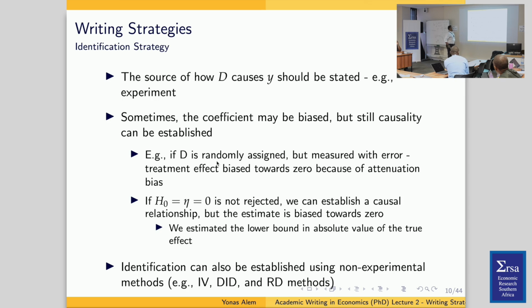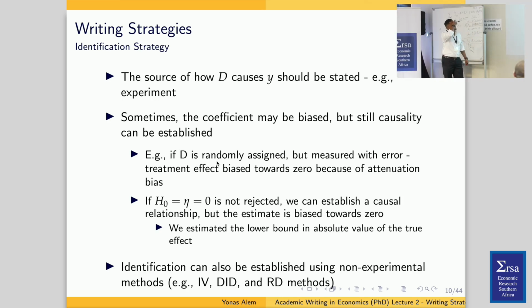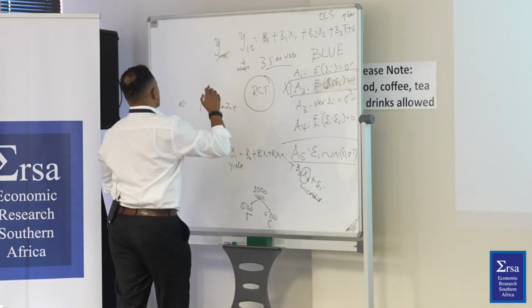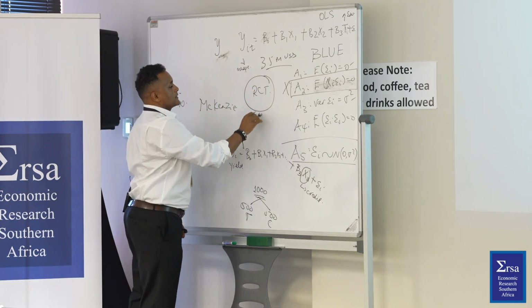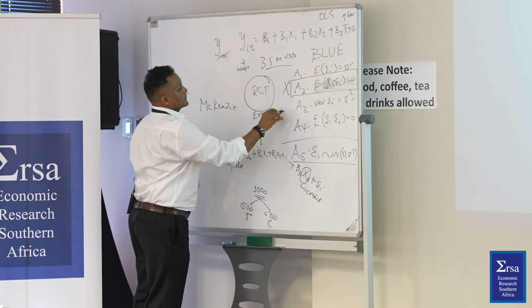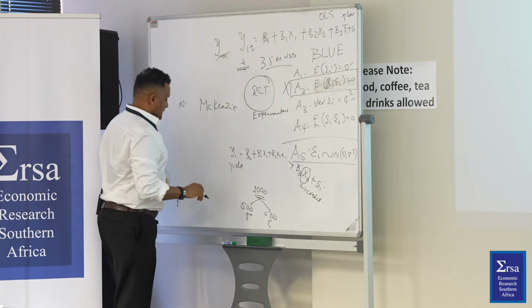Then, the source of how D causes Y should be stated. For example, what is your source of identification? Here we say that our identification is randomized controlled trials. But by the way, identification is not only RCTs. There are three other well-known identification strategies. The first one, RCTs, is called the experimental method. And the other one is